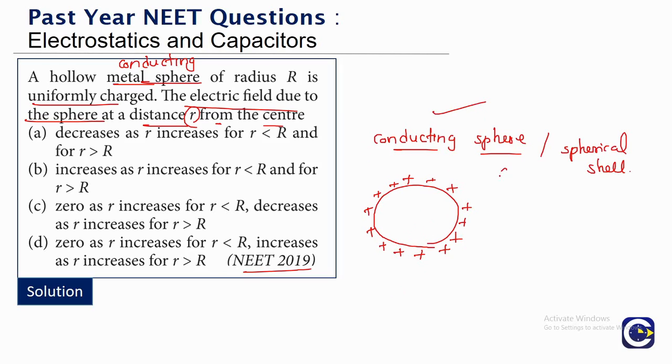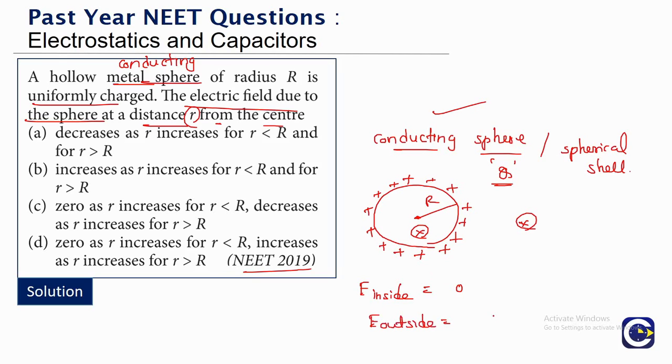So let us say Q is the charge given to this conducting sphere, and capital R is the radius. If you take a point outside, electric field will be different. If you take a point inside, electric field will be different. For a point inside a spherical shell or even a conducting sphere, electric field will be 0. Electric field will be there only if the sphere is made up of non-conducting material. Outside,